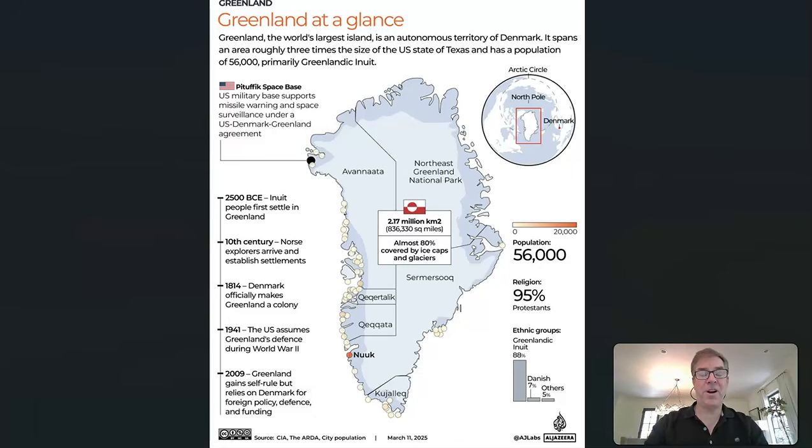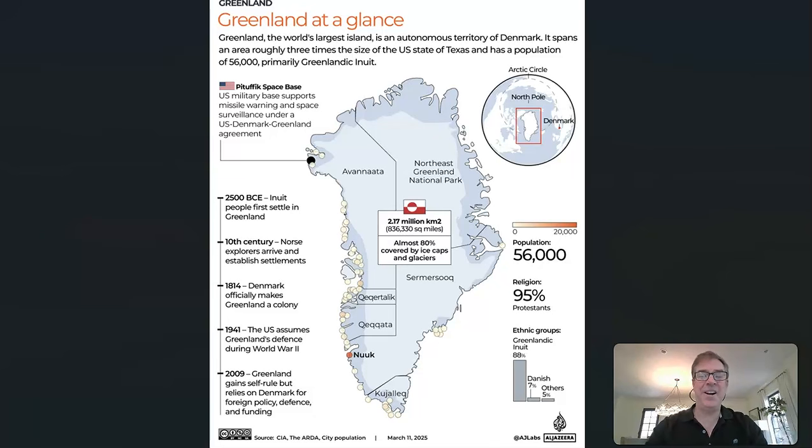But in the north part, where we saw on these maps where that border just faded into the Arctic Ocean, we see a national park there. And you can't have population on national parks. Anywhere where there's a national park is places where they don't want you to go and discover things. You have to have permission by a government in order to explore those areas, and they'll only let you explore what they want you to see, not what they don't want you to see.